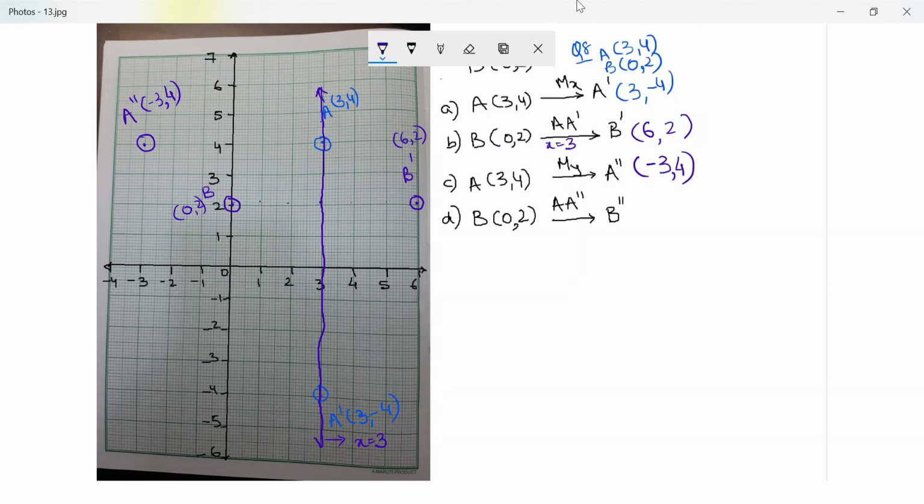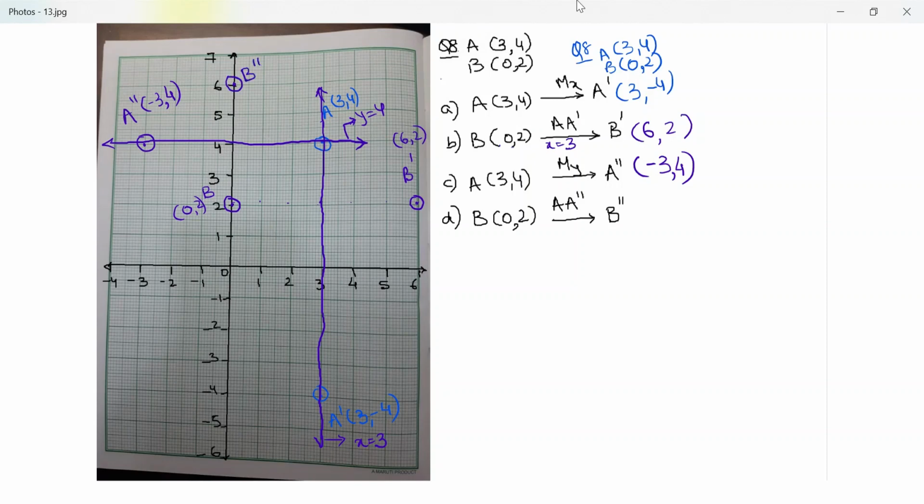Part 4, which is B double dash of B under reflection in the line A double dash. Oh, so now we are looking at reflecting it in this line. Perfect. So we are looking at reflecting B in this line. Now again, what are the coordinates of this line? What's the equation of this line? This line basically is y is equal to 4. How many boxes away on this side? 2 boxes on this side, which means 2 boxes on the other side would be the reflection.